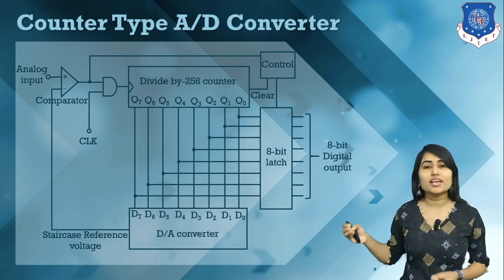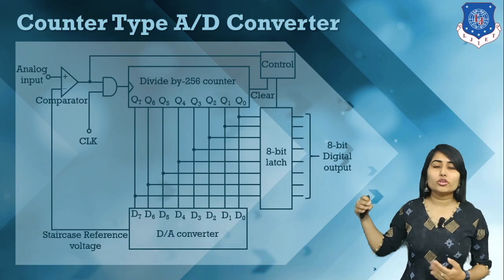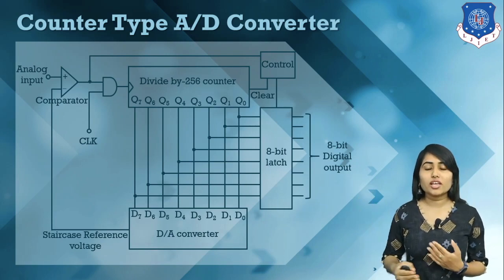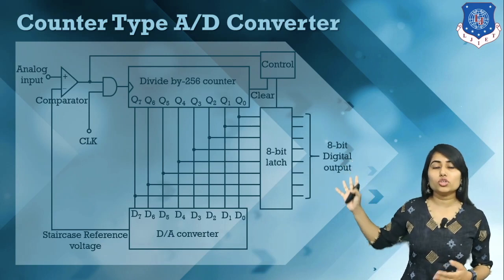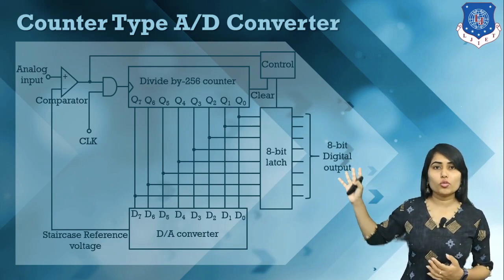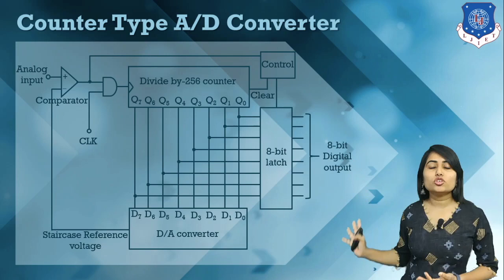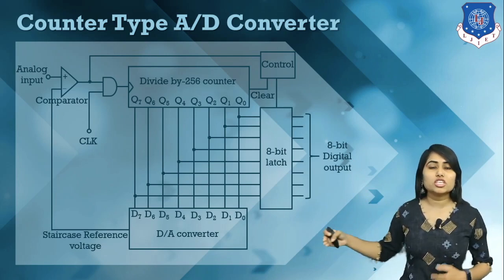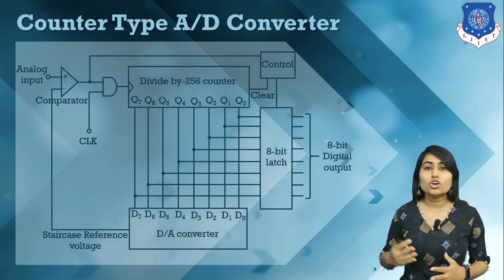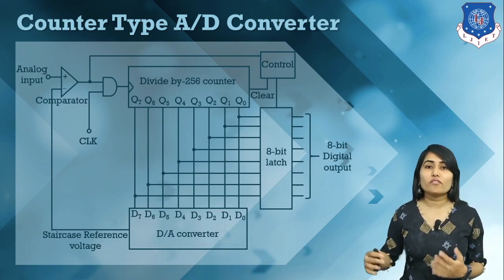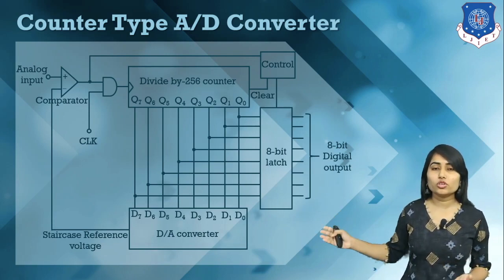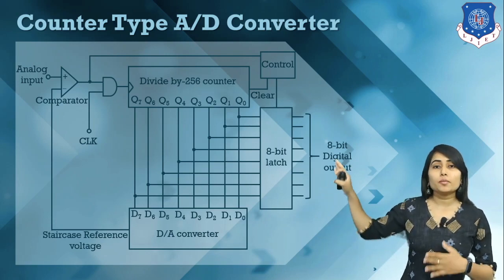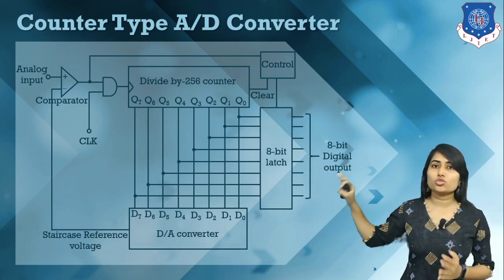This counter has a clock signal, so it starts counting: 0, 1, 2, 3, and in binary form we have a total of 8 bits in digital form. One by one, all the values are given to this digital to analog converter output. So here we have 0, 1, 2, 3, 4, 5, 6, 7, 8, and up to 8 we have a value. Then for 9 also we have 9.3 minus 9, so here we have a positive value, 0.3.